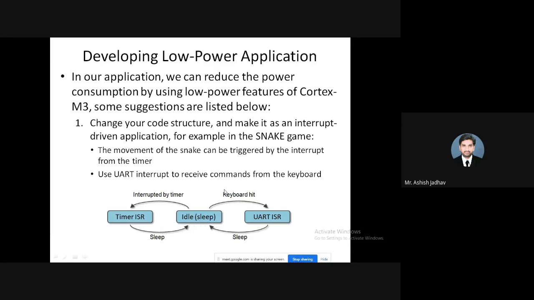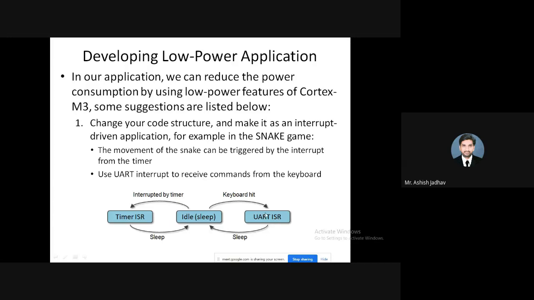And at the same time, your processor will be waiting for keyboard hit. Once the keyboard key is pressed, in that case what will happen? The corresponding action is written in this UART ISR. If left button is pressed, this UART ISR will decide to move the snake in the left direction.